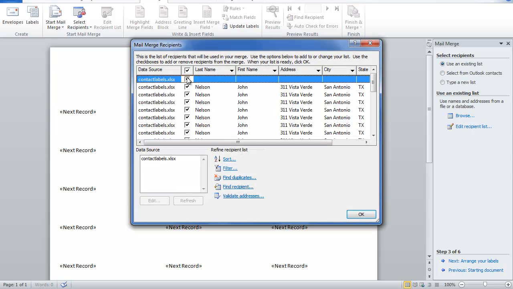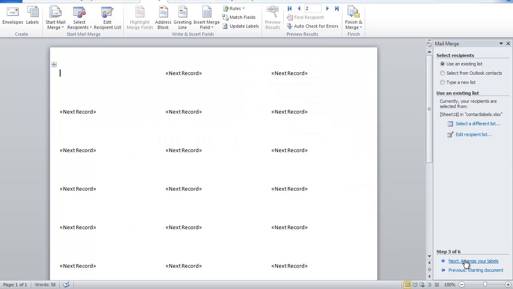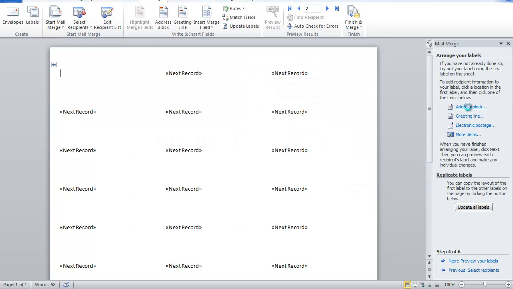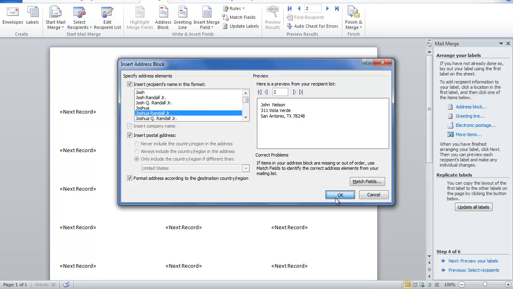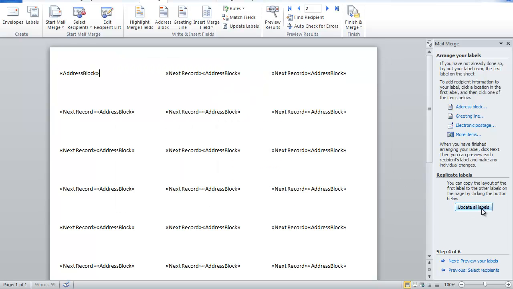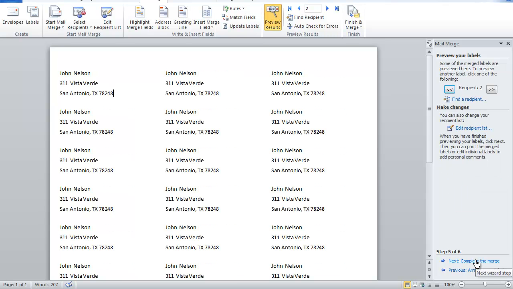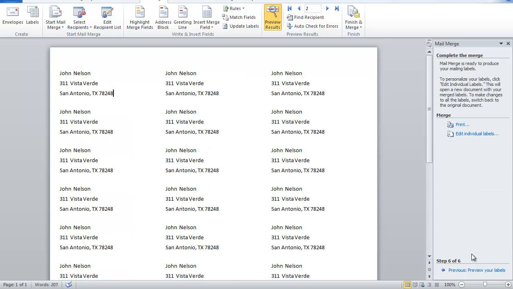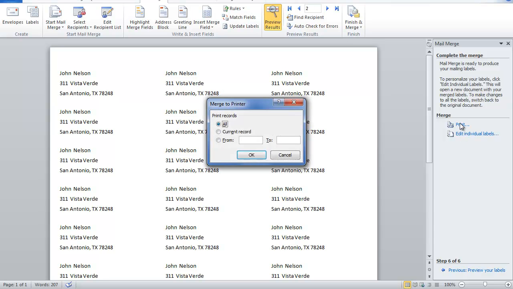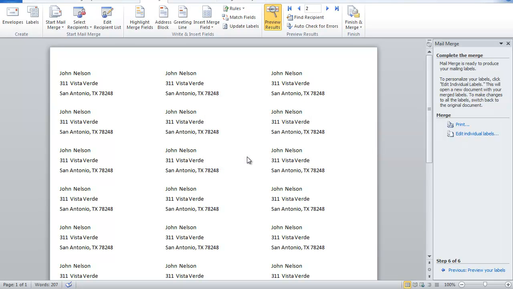Alright, here's that one box that I didn't uncheck last time. I'm going to hit OK. I'm going to hit Arrange. I want the address block. I'm going to hit OK. I'm going to update all the labels. I'm going to preview the labels. And there they are. Next button, I just click the merge, print all the records, and away it will go